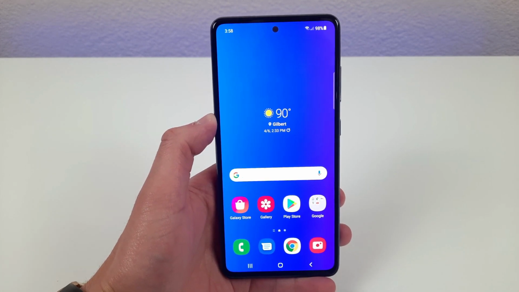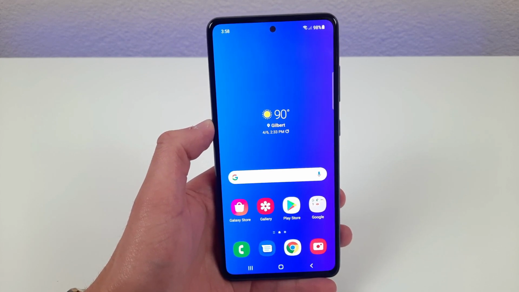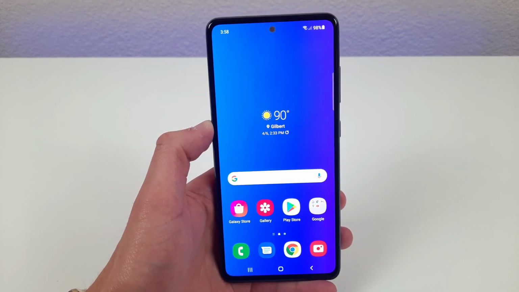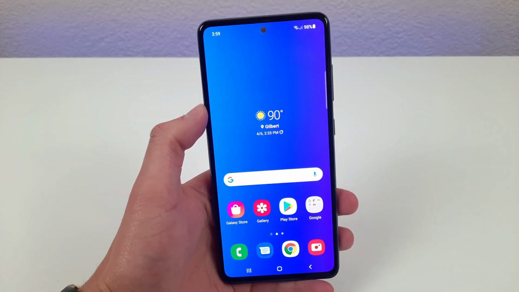This is tips, tricks, and hidden features for the Samsung Galaxy A52 5G. Today, I'm going to be showing you some different features on this phone that you might not know about yet. Let's get started. So the first thing I'm going to show you guys is what we can do with the